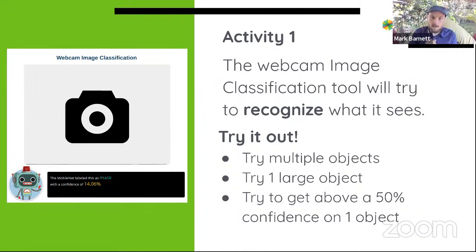The very first activity is, if you click on that link, it's going to open up the webcam, and it's going to start to identify whatever it sees. Now, I'm not going to show that right now, because most web browsers don't allow you to show your webcam in more than one type of software on your computer. I'm currently using my webcam on Zoom, and if I were to show my webcam on Chrome or Firefox, then it would crash my Zoom webcam. So I'm not going to do that.